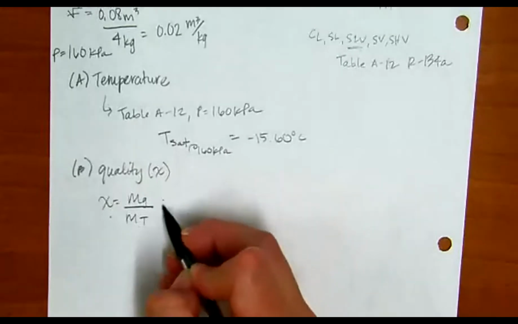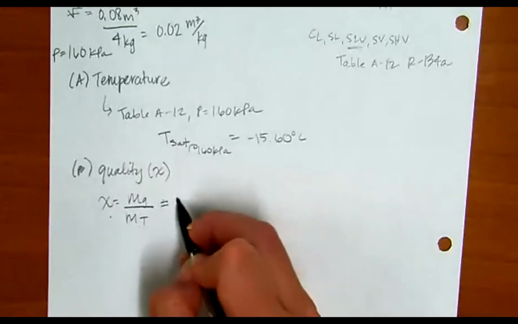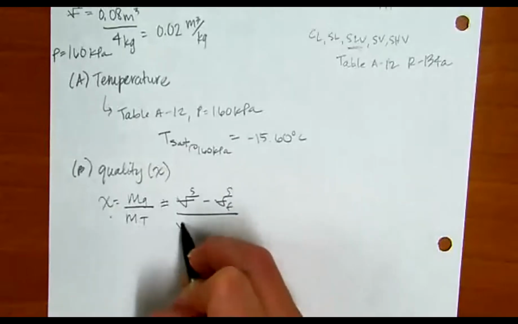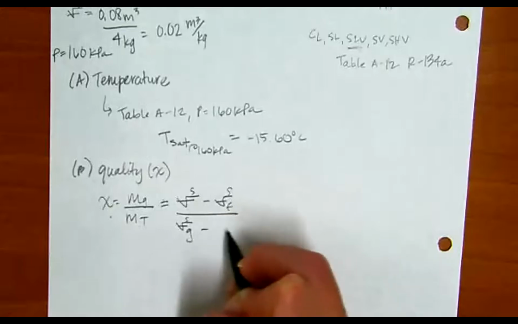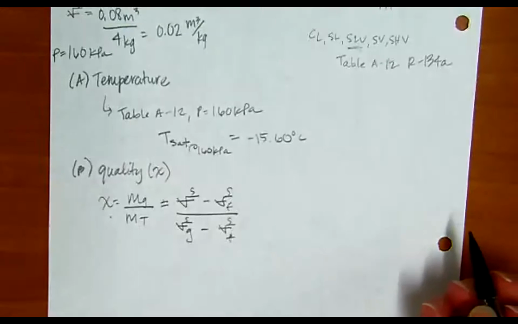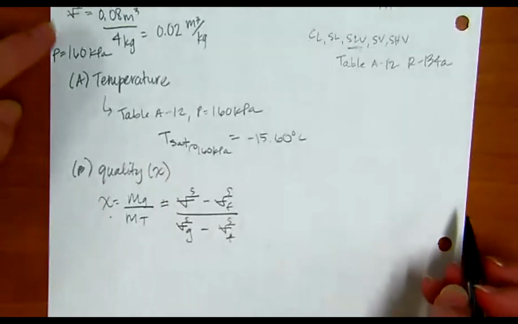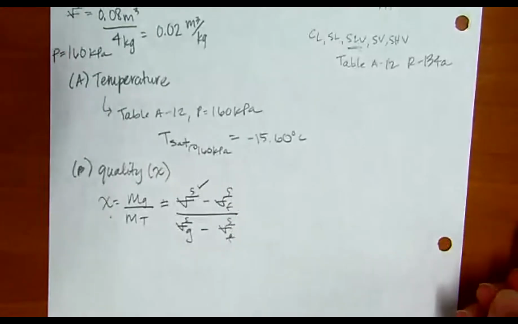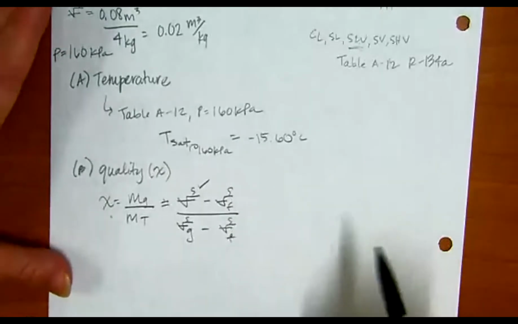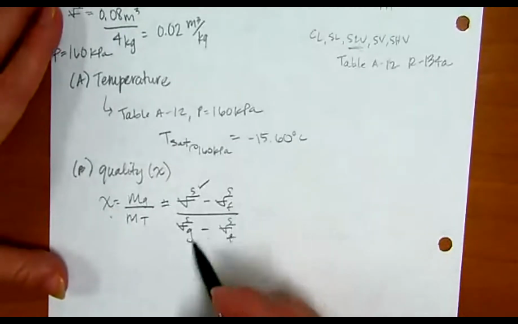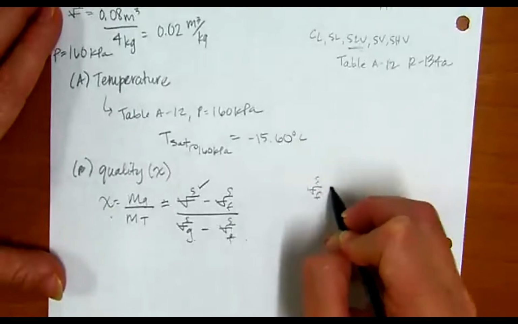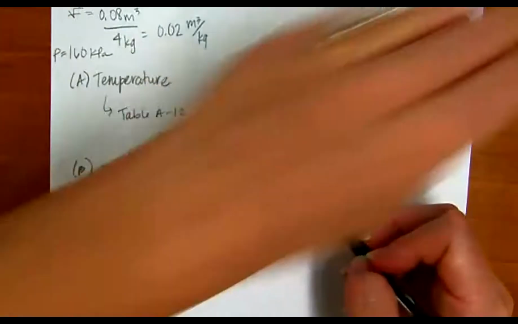So we need to use another equation, which is what I presented at the beginning, where we have our specific volume minus the specific volume of our liquid, over the specific volume of our gas minus the specific volume of our fluid. We already have our specific volume of our system because specific volume is just volume over mass. And we know what table we're going to use at what temperature and pressure, so we can just look these up from our table. So our V sub F, our specific volume of our fluid at this pressure, is going to be